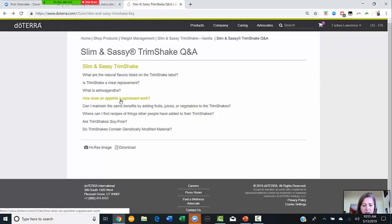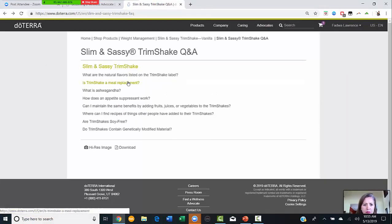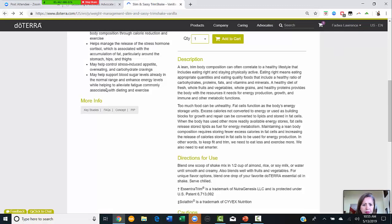Let's see, how does an appetite suppress? I'm trying to see where it will talk about sugar. Yes, not only does it allow you to cater to your taste by adding other things to your blender, but you can also add to an already robust list of nutrients. I don't see where it tells me about sugar, so let me go to the next place. If I go here,